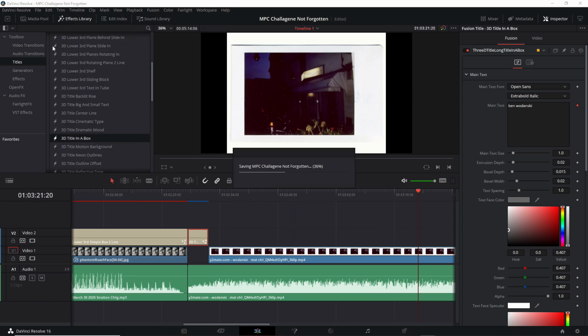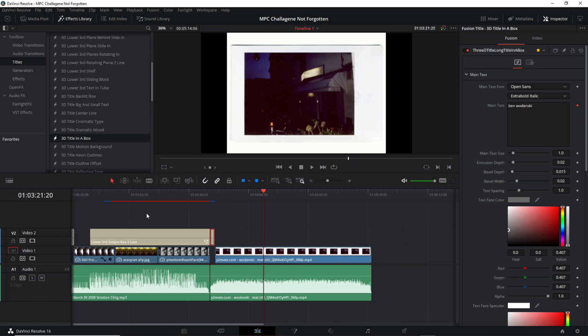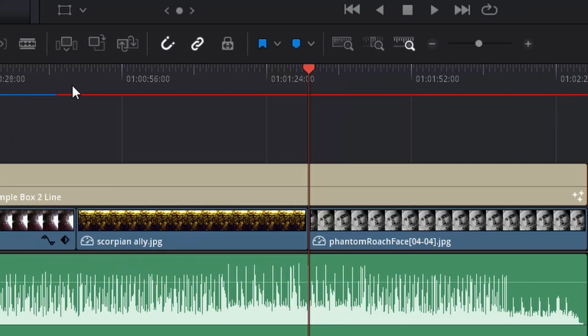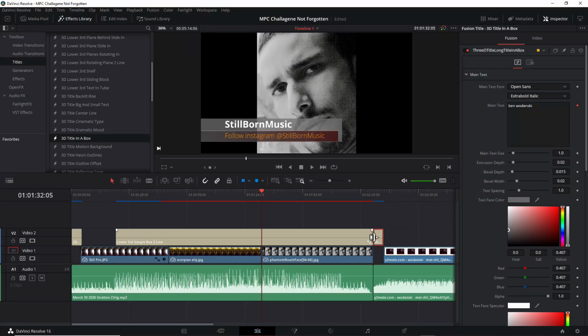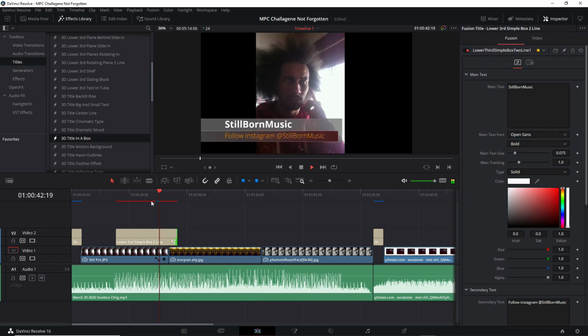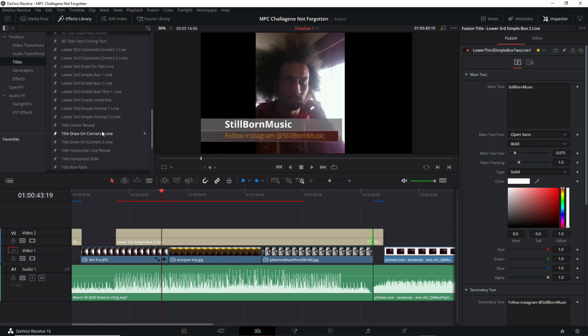Alright, so I'm going to go ahead and save that. Oh yeah, it's definitely that lower third simple box. You can see how this is red. I think this red line here means it doesn't like this one, and maybe it's because I'm dragging it all the way across. You can see how it's red. It really doesn't like rendering now. So I think it's that particular one, but I'm already committed to it, so let's go ahead and use it. I think it should be fine. If it doesn't render, then I'll just replace it.